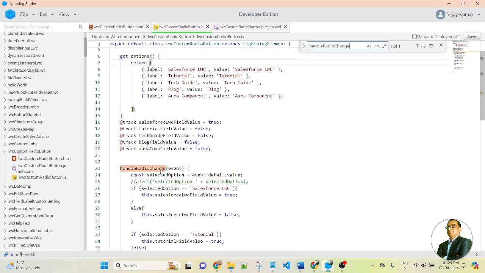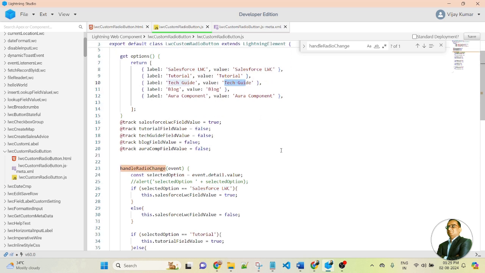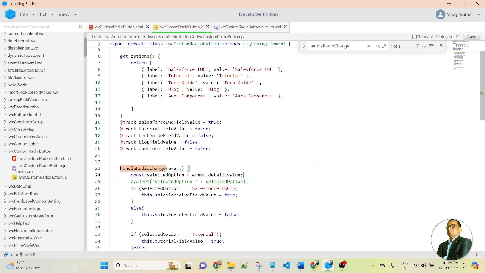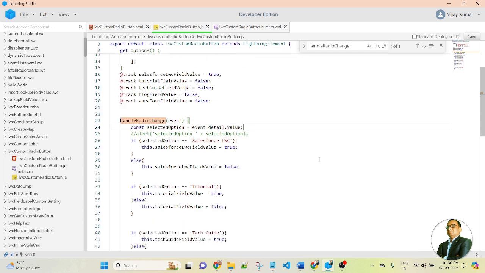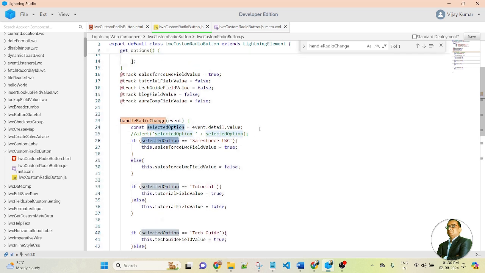Once you click on the tab, this function will be called, and here you can see I am using a label and value. So based on this value, once you click on the tab, I will get the value of the tab. Each and every tab has a different value. So here you can see I created a constant variable and I am getting the value with event.detail.value. So once you click, I will get the current value, and based on this current value, I will pass the data. So this is a variable where I am checking.